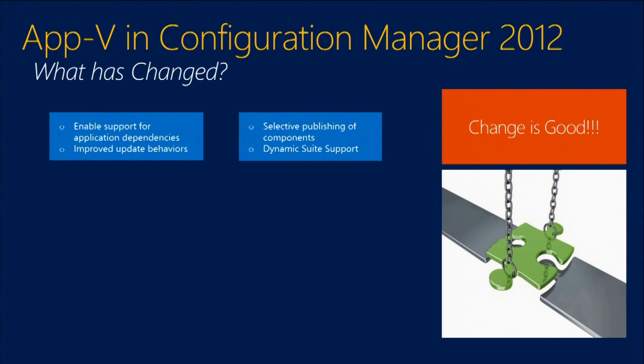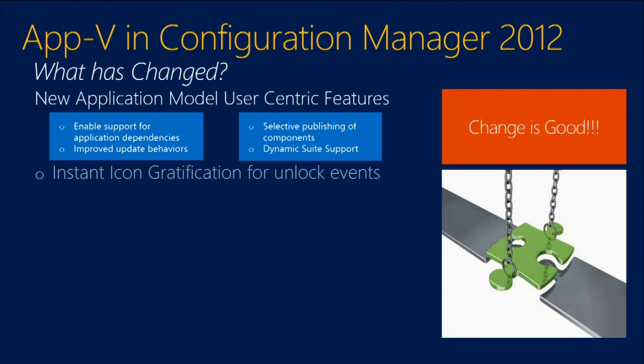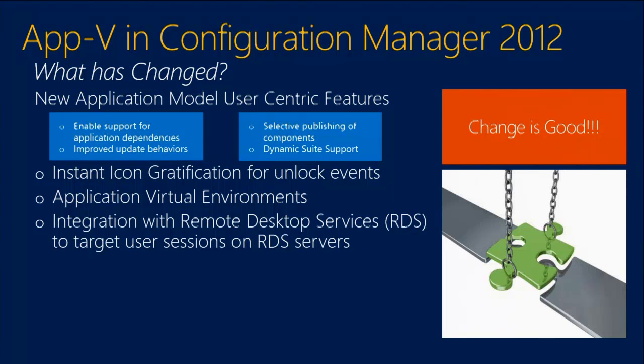So we've seen some of the changes with Configuration Manager 2012 and how that's helped with AppV, the fact that the applications are delivered much quicker to the end user. We also noticed much more utilization of the environment, the concept we knew as dynamic suiting, the ability to have connection groups work for applications, and just the ability to have instant icon gratification. The minute you unlock your machine, those applications are available for you, because you can configure AppV to pull the application down right away and have it on the local system for whoever needs to use it.